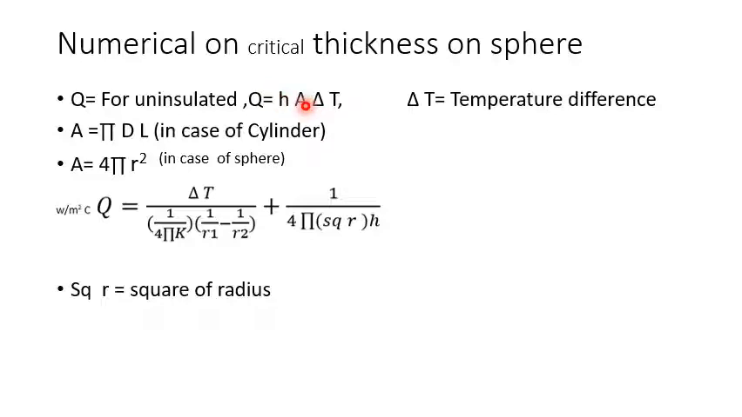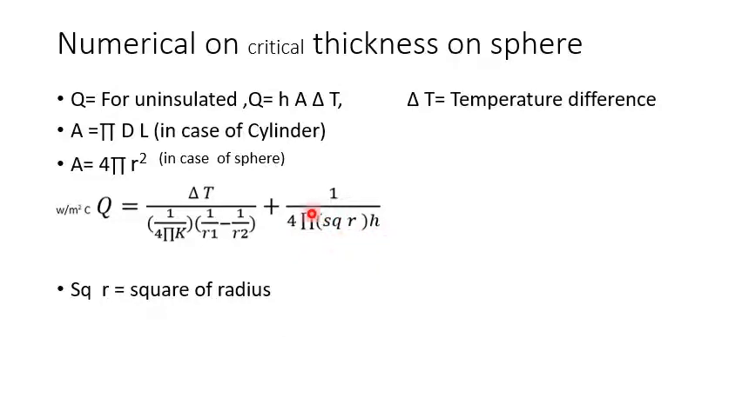and A is the area. For the cylinder it is pi d l, and in case of a sphere it is given as 4 pi r square, and delta T is of course the temperature difference between the surface and surrounding, or the fluid and the ambient condition. So if the H value is given in watt per meter square degree centigrade, Q can be found out by the formula delta T divided by, the first part is due to insulation, and the second part is due to